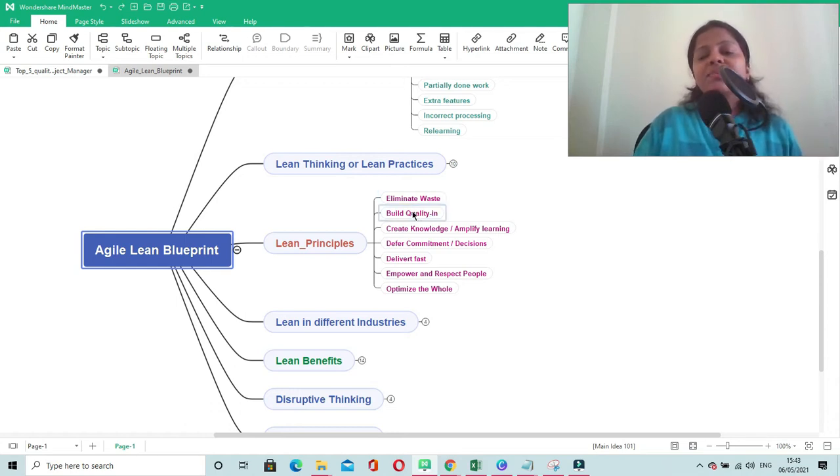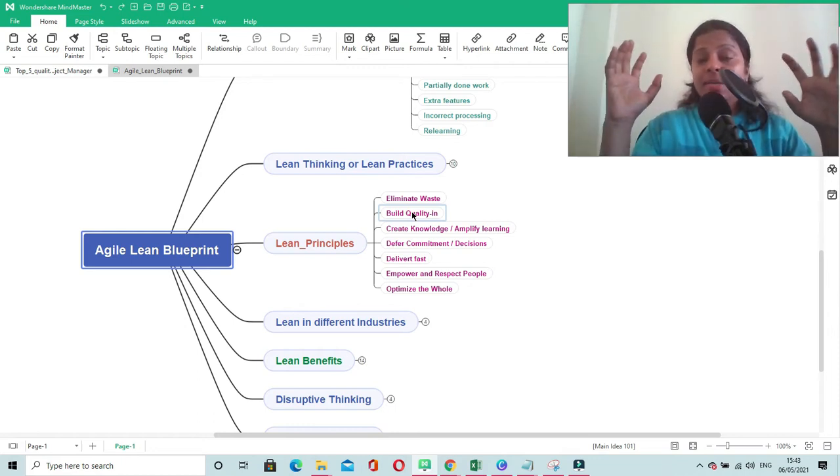The next principle says build quality in. Build quality in is a principle which suggests that you have to implement all the different standards, the different practices that are required for you to build a quality product. If you want to have a defect-free product, then what you need to do? First, you have to